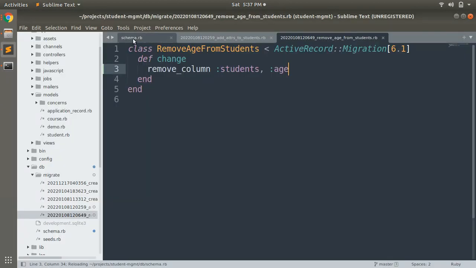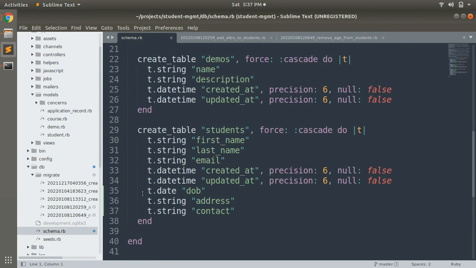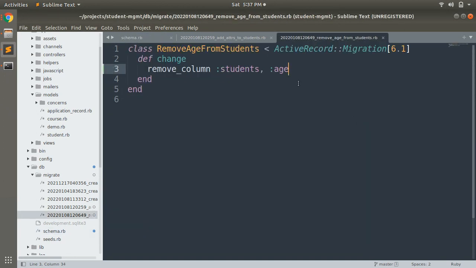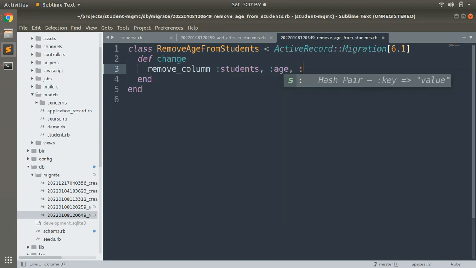Now open your schema.rb and you will see that the age attribute has been removed from your database. Age is no longer in the students table. So this is how the remove migration works. You can also add the type here; that will also work. That doesn't matter.